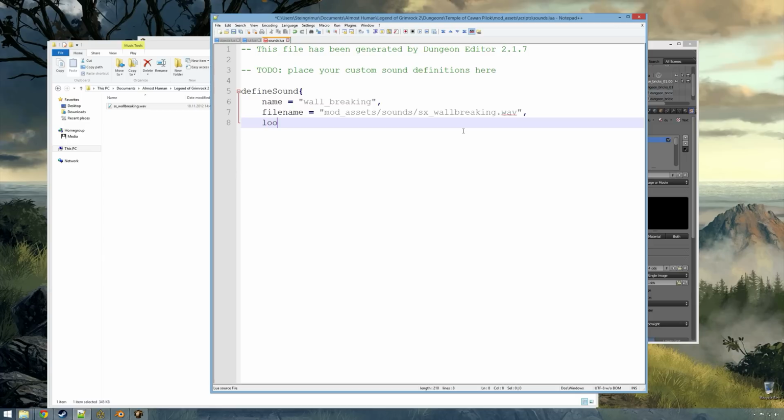And here are some parameters for the sound. Is this a looping sound? No, it's not a looping sound. What is the volume of this sound? Do I want to change the volume in any way? No, not really. Just gonna have that 1, and then we can have something called min distance,